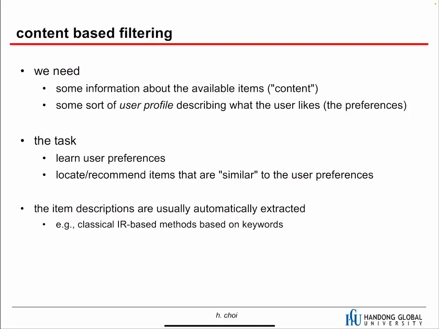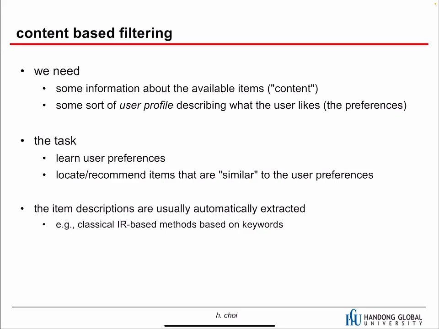Okay, now let's talk about content-based filtering in detail. So what we need is some information about the items. So we need content. The system should understand the content, and some sort of user profile describing what the user likes, or the preferences. So this user profile can be updated based on the history of users' items, users' selection, or